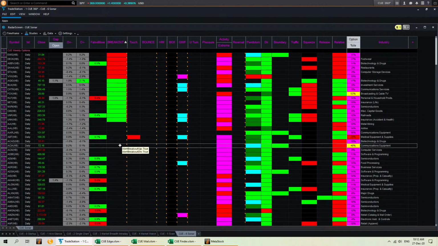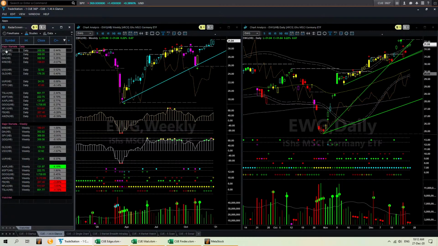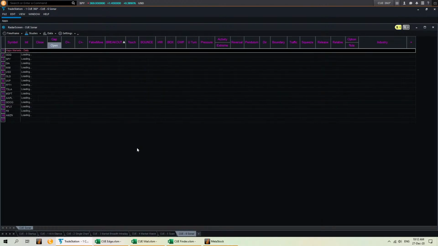That was a quick description of Q Elite's radar, Q sonar. How do I use it? I use it for this kind of symbol list with 200, 300 symbols. Another way I use it is to keep an eye on the market ETFs. So here I have these instruments on a simplified radar. I may also look at them on this full radar or sonar screen